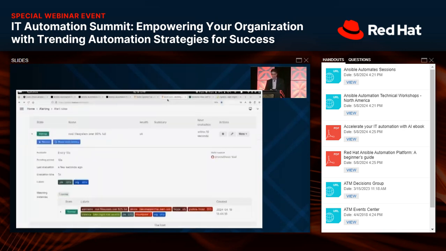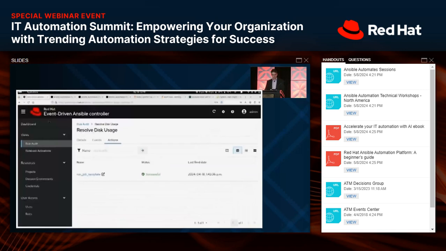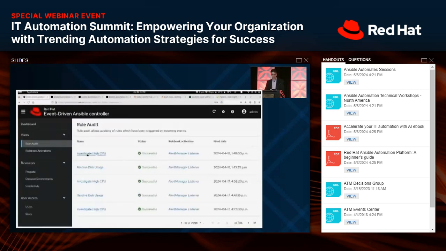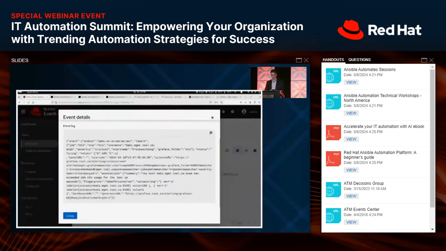So here we go. I'm going to look at my alert rules again, and you can see my process CPU hog alert is now firing. And then over here, I should be able to see, here's my investigate high CPU, match my action. I'm going to go in and look at the events, and I'm going to look at my listener, and here's all the information for that. What's key is in here, I've got the data, but I've also got the host that's affected. So I'm passing that to my playbook as a parameter to say, just run this playbook on that host, right? So I'm limiting it to that host.